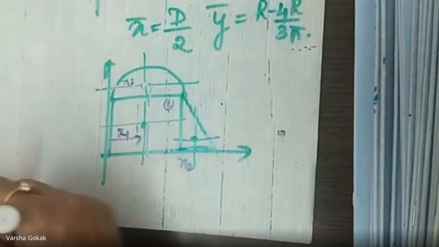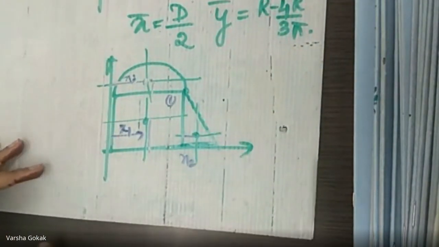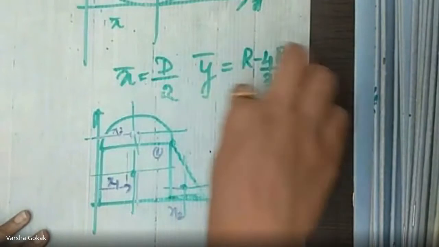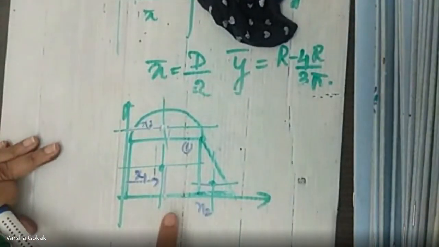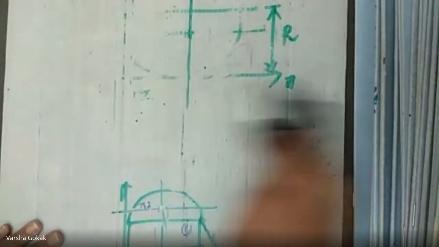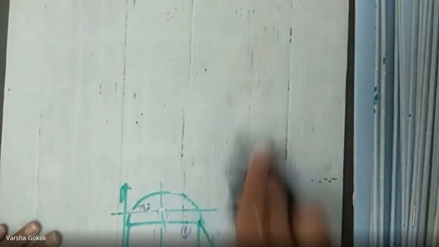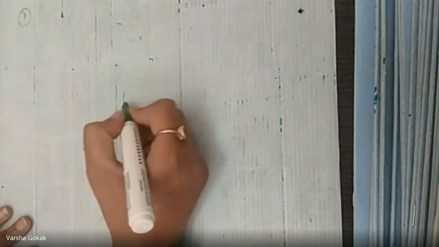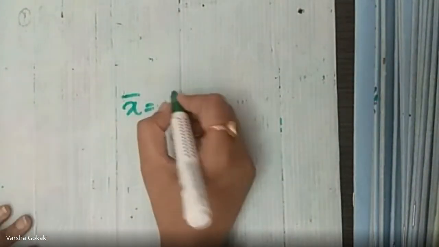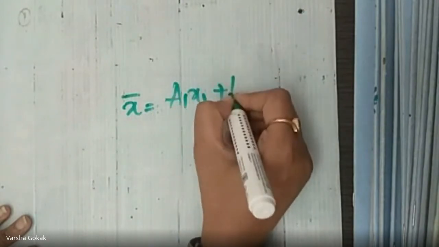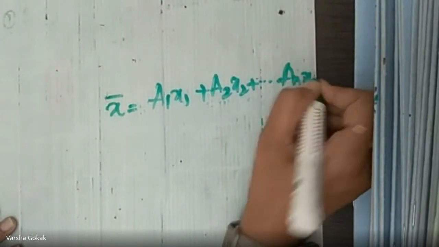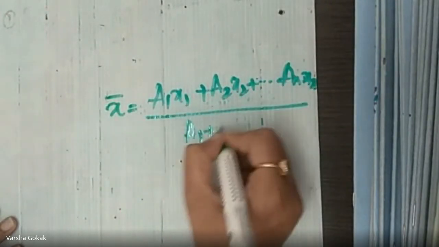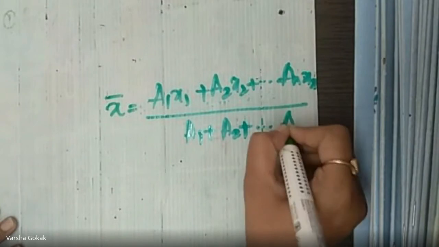Once we get that, there is a formula to get the CG. Now, these are individual CGs, x and y bar, right? So if I give you a composite figure like this and ask you to find a CG, there is one formula that is used. I'll just write the formula. I know you're getting delayed for your next class. So x bar is a1 x1 plus a2 x2 plus and so on up to an xn divided by a1 plus a2 plus so on till an.